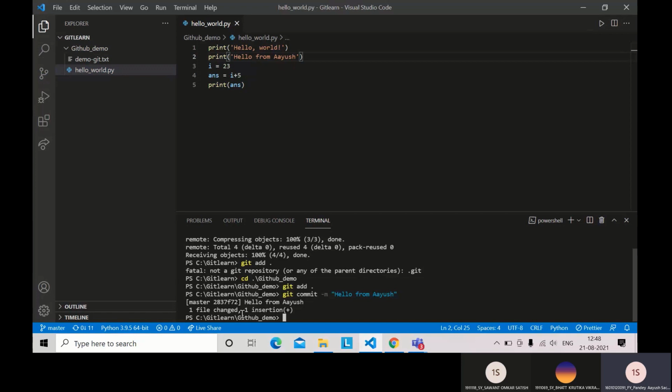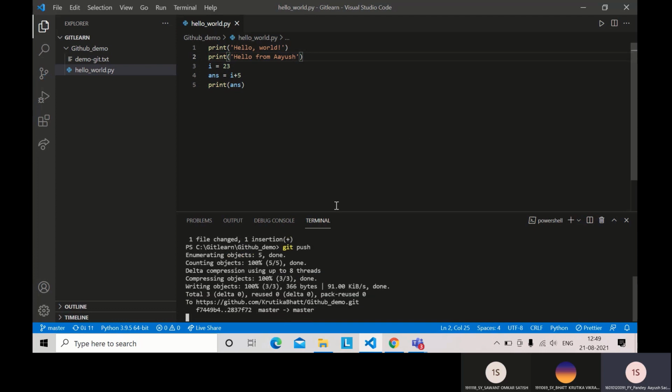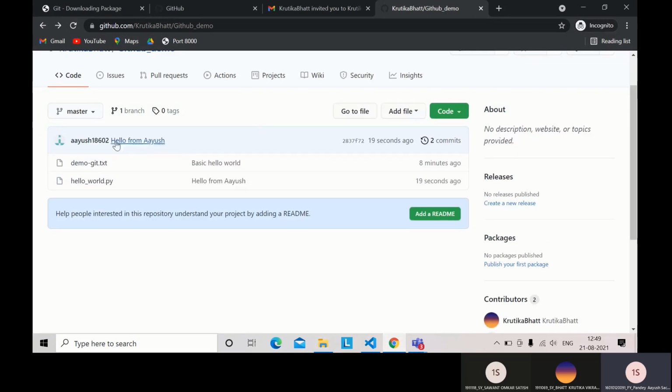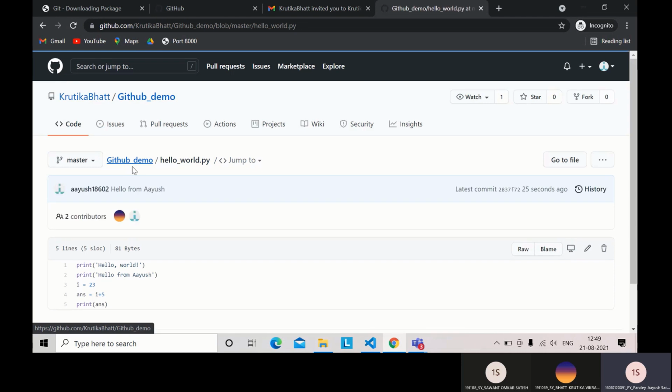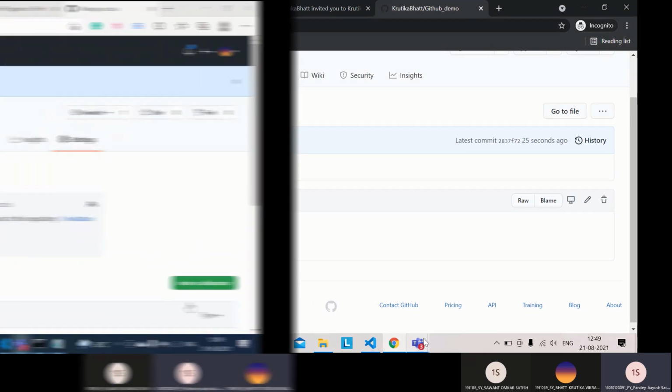And you can see that one file has been changed, and just push it to the cloud, and then you can see that it has pushed it to the same URL. So if I just refresh it, you can see that the latest commit made by me was 19 seconds ago. And if I open hello world.py, then you can see that it shows the print statement. So that's how you can collaborate on Git.